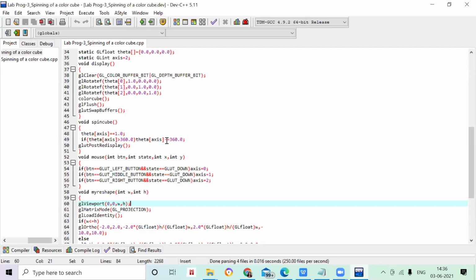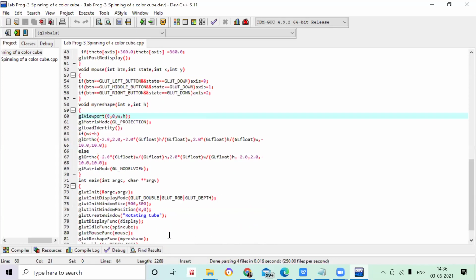It cannot be more. So from the user's point of view, if any degree value has been given, then you reduce it. Then you can display the cube again, and it is going to maintain the speed and the angle. Fine. So this is about your spin cube.